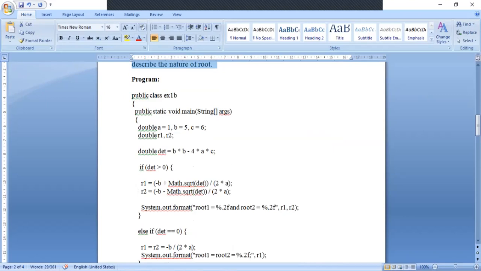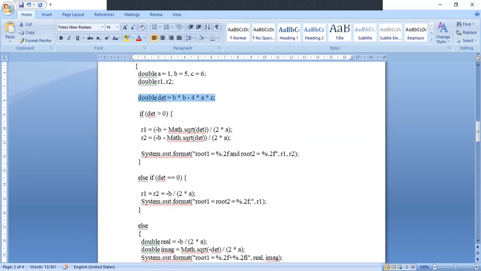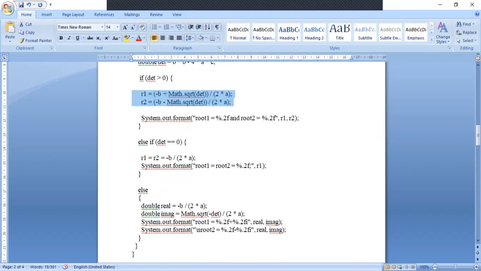In this program we take the a, b, c values and calculate the determinant here. If the determinant is greater than 0, the roots will be calculated like this, and we will display these roots using System.out.format.